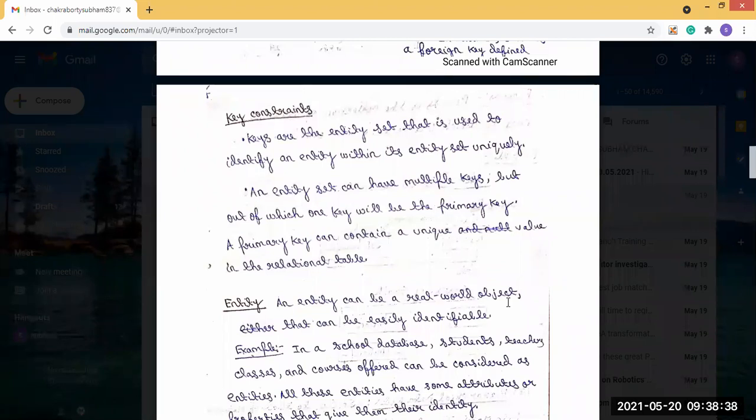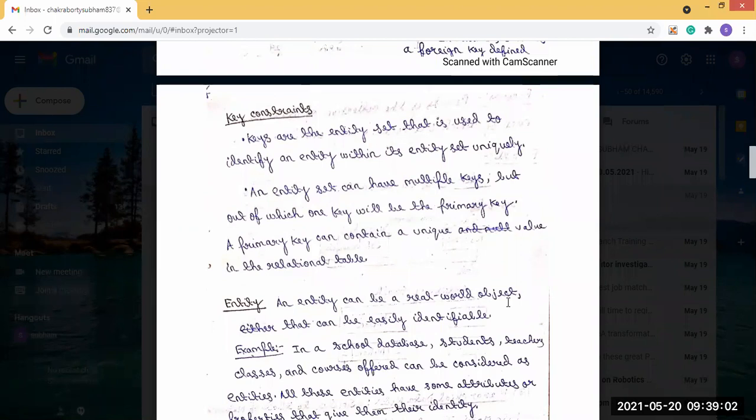And every entity has attributes. What is the purpose of the attribute? The attribute gives the properties to identify the entity.